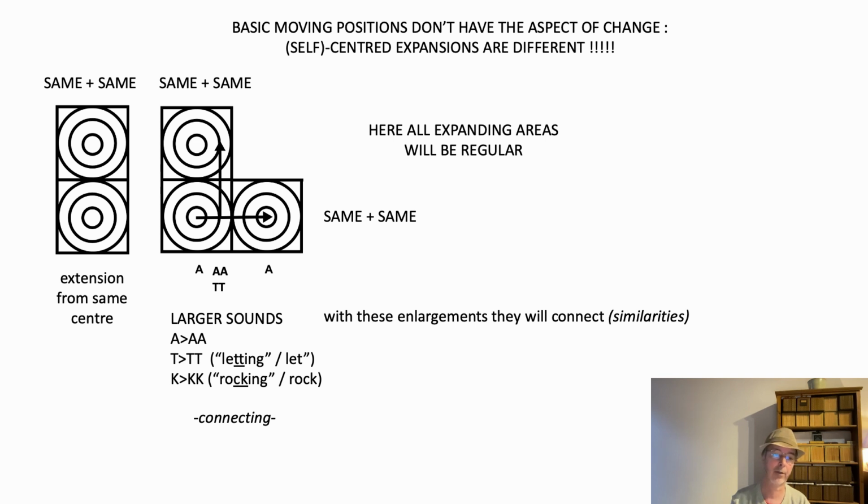If you add another A, you have these two, as you can see there, you have these two frames fitting perfectly together. One A and one A, the same and the same, is a confirmation, and you get the letter A, which becomes A. With these larger sounds, they will connect. The T, T and the T and